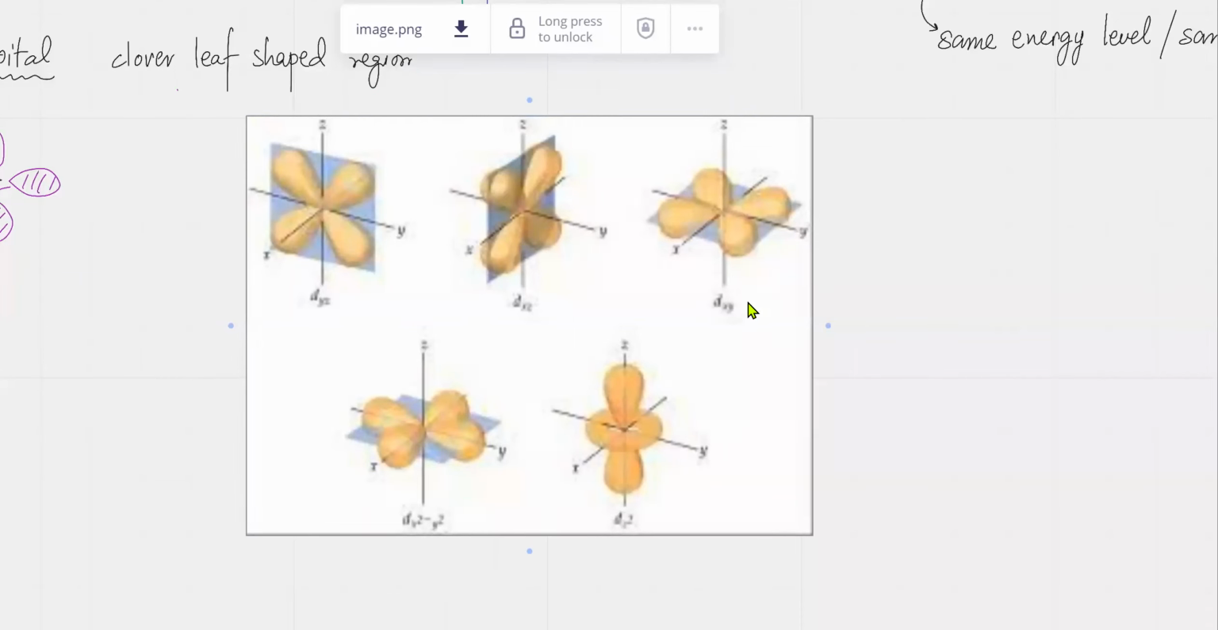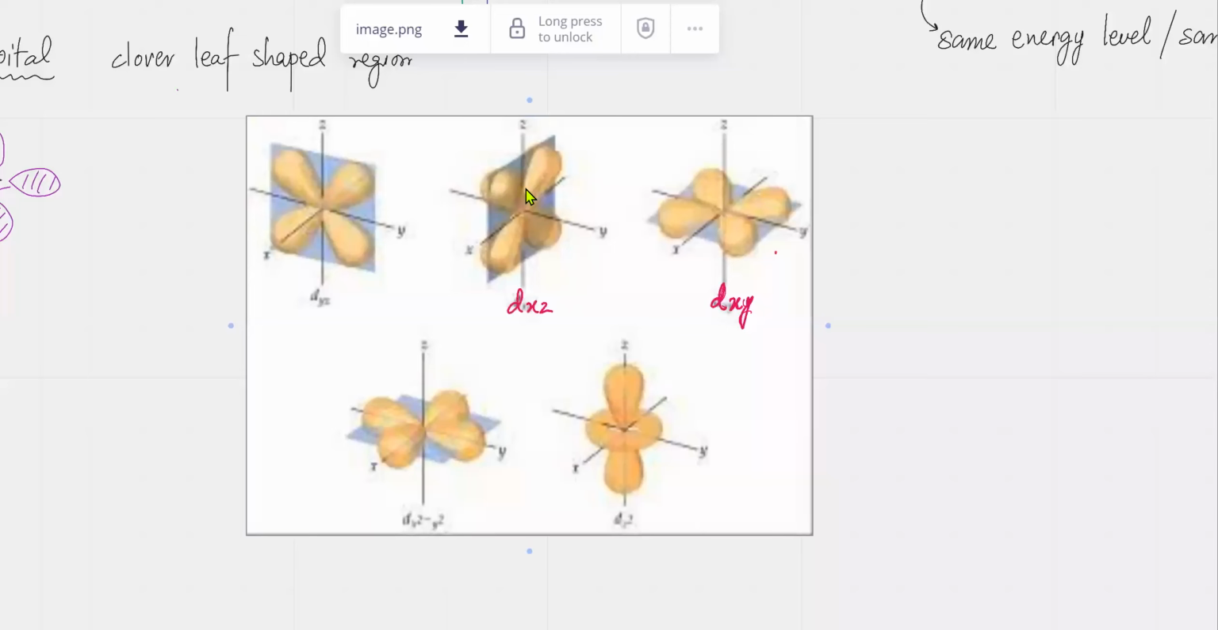So there are 5 types of d orbitals. So this one, let me mark this clearly. So this one over here is a dxy orbital. So that's a dxy orbital, because the orbitals, the regions where the electron is supposed to be found, are between the axes x and y. This one is known as a dxz orbital